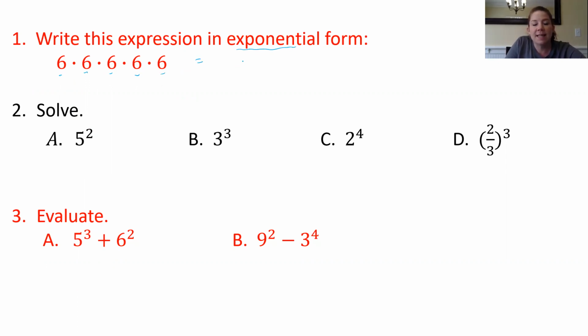So 6 is our base. That's the number being multiplied over and over again. And so we would write a little bitty 5, and you would say the 6 to the 5th power. And 6 to the 5th power means exactly this: 6 times 6 times 6 times 6 times 6. Like I said, the 6 is called the base, and the 5 is called the exponent. E-X-P-O-N-E-N-T. So since you're all using your calculators now, you can multiply that 6 times 6 times 6 times 6 times 6, and that equals